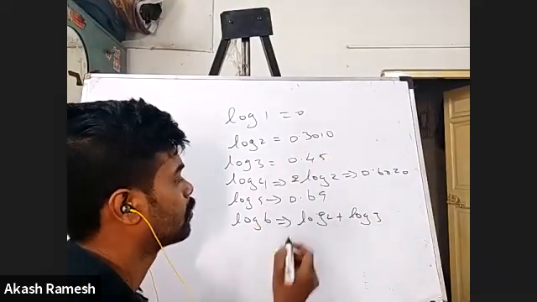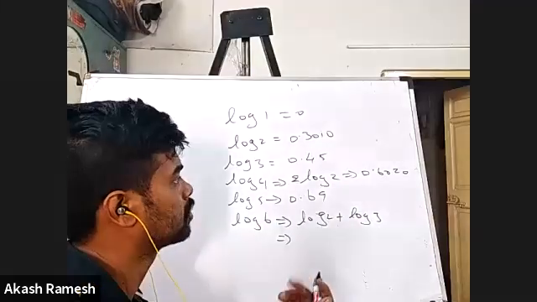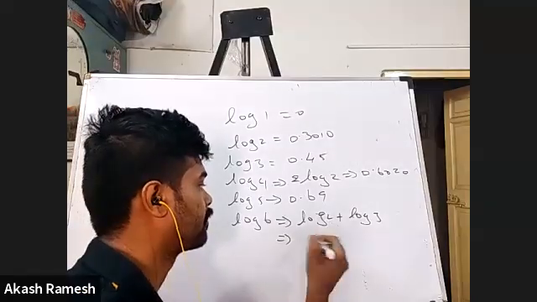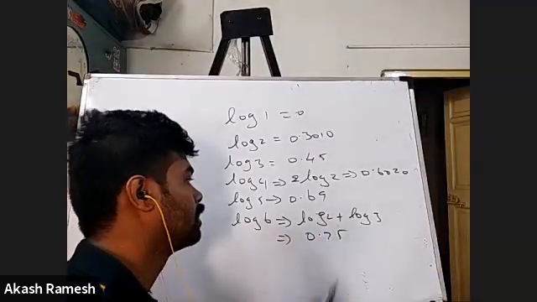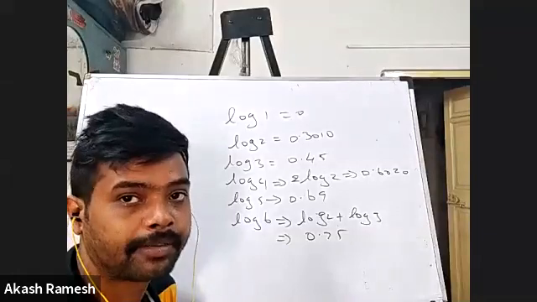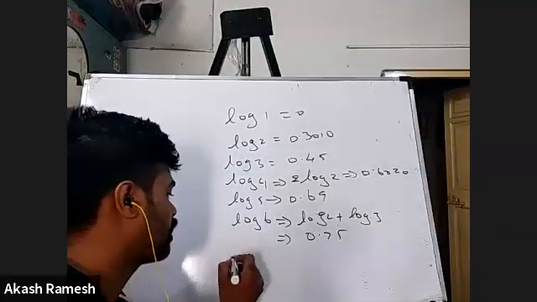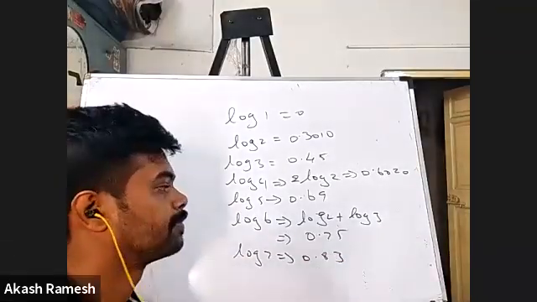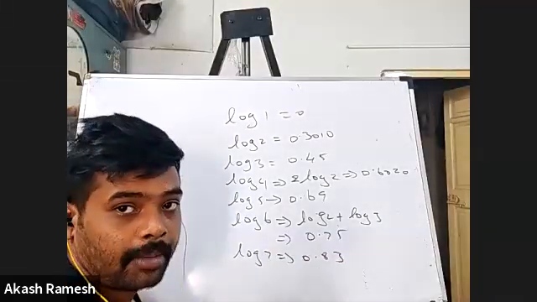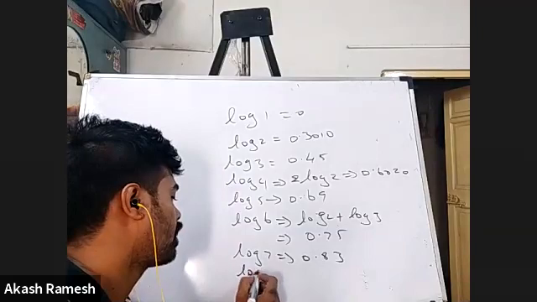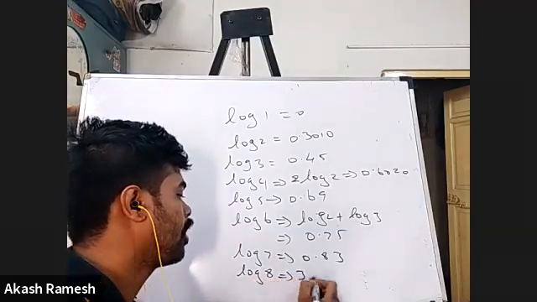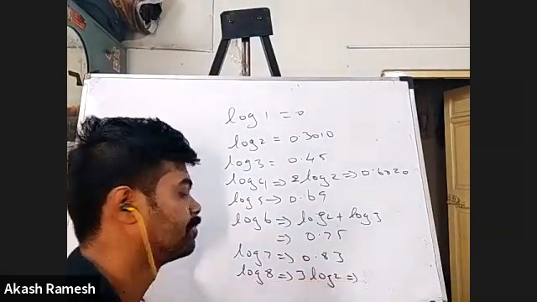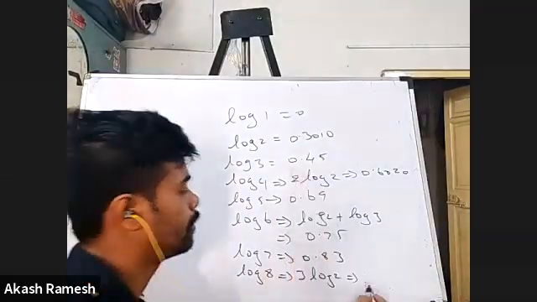Log 3 is 0.45. So 0.3 plus 0.45 will become 0.75. So log 6 will become approximately 0.75. Right. And log 7 will be 0.83. Log 7 I will not be able to write in terms of others anyway. And log 8, how can I write? 3 log 2, right? 3 log 2 will be 0.9,